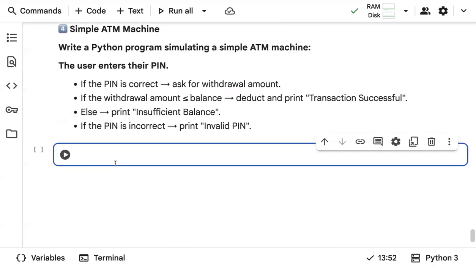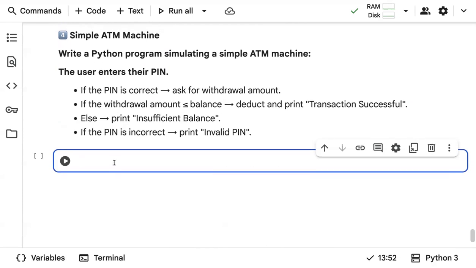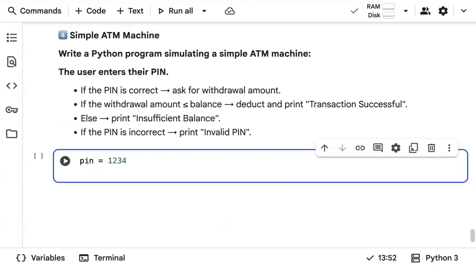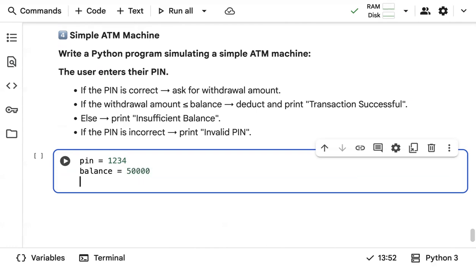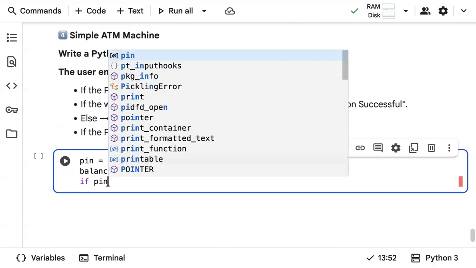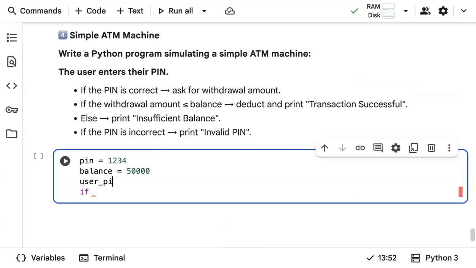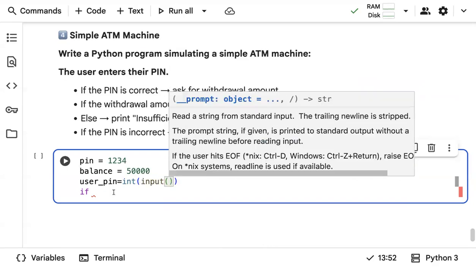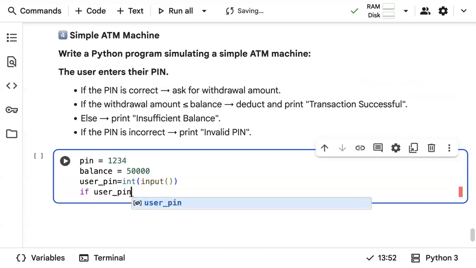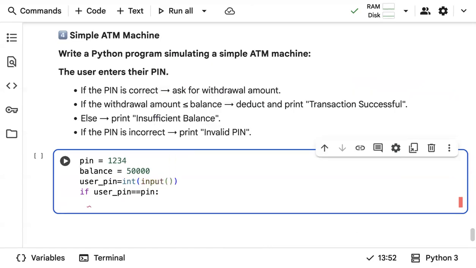A final question related to nested if statements: a simple ATM machine. You have to write a program simulating a simple ATM machine. Let's define the pin as 1234, and the balance as 50,000. Then let's take the pin from the user. I'll call it user pin, equal to integer of input. So if the user pin matches the actual pin that I have defined, then